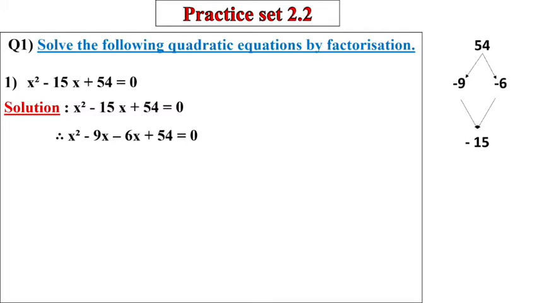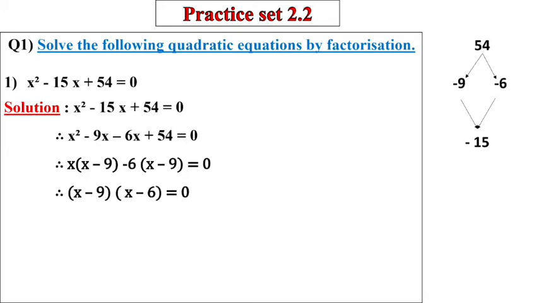So our first term was x square, the middle term was minus 15x. Instead of that, we will write minus 9x minus 6x plus 54 equal to 0. Now, starting two terms, x square minus 9x. What is common between them? x. What is left behind? x minus 9. The same bracket will be copied in the second term also. So in the minus 6x, x has gone inside. What is left? Minus 6 equal to 0. The common bracket is x minus 9, and outside the bracket we have x minus 6 equal to 0.